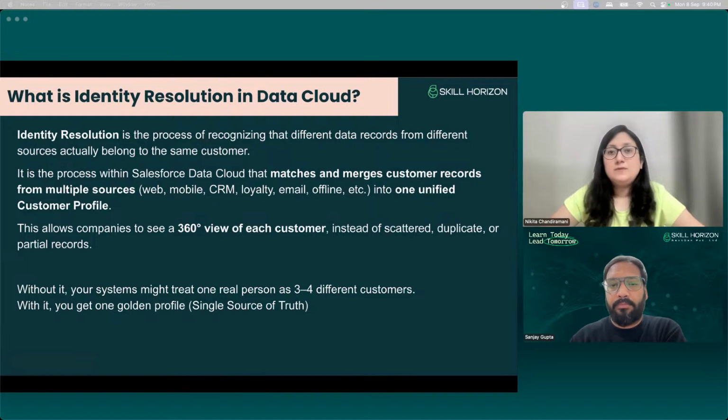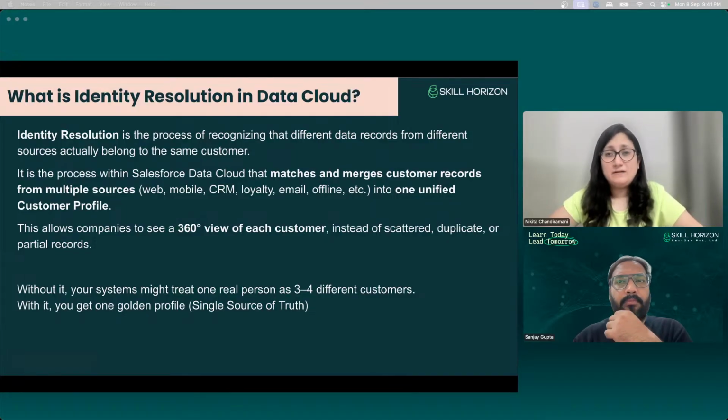It is a process within Salesforce Data Cloud that matches and merges customer records from multiple sources, which is from the web, mobile, loyalty, email, offline, etc., into a unified customer profile. This allows companies to see a 360-degree view of each customer instead of scattered, duplicate, or partial records.